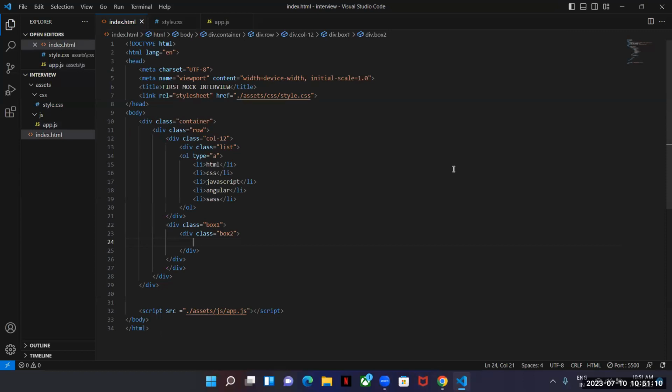What is indexOf and charAt? IndexOf is a method which is used to find the index.